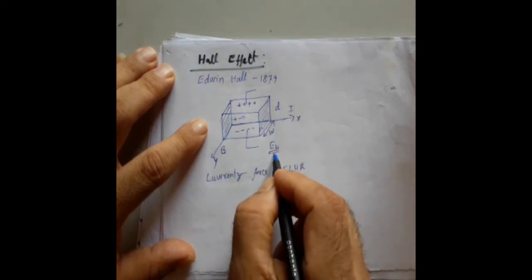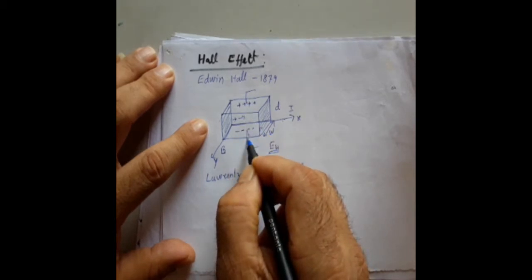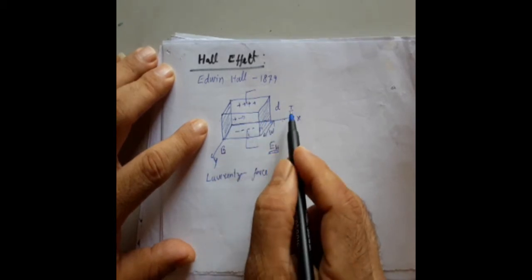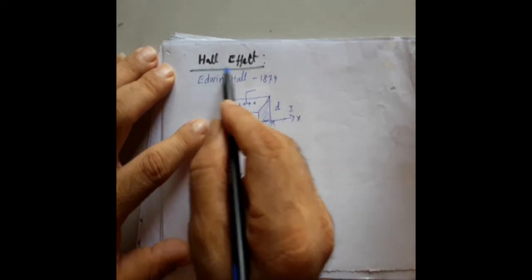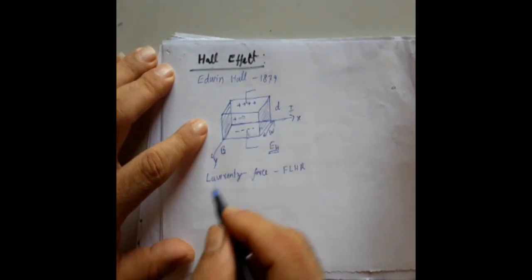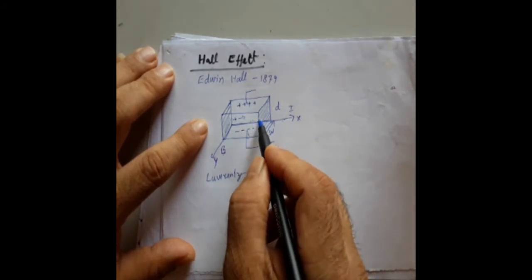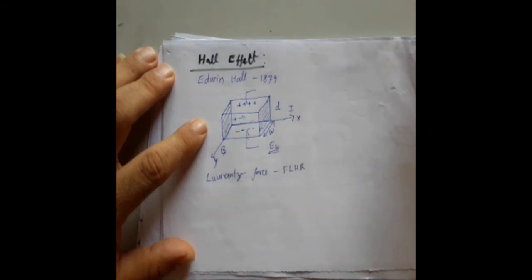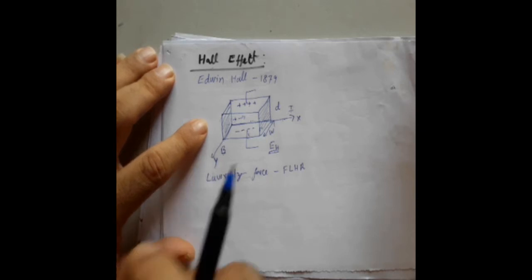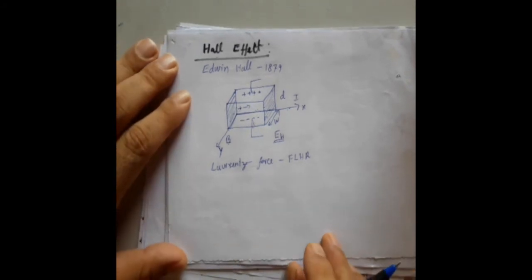This phenomenon of producing an electric field in a perpendicular direction across a material, when it is subjected to a current and placed in a magnetic field, is called the Hall effect. As I clearly said, the Hall effect has many advantages, as you are easily able to calculate material properties. If it is a semiconductor, we can find what kind of charge carrier is present, how many electrons per unit volume or how many holes are present, and whether the material belongs to the n-type or p-type semiconductor.